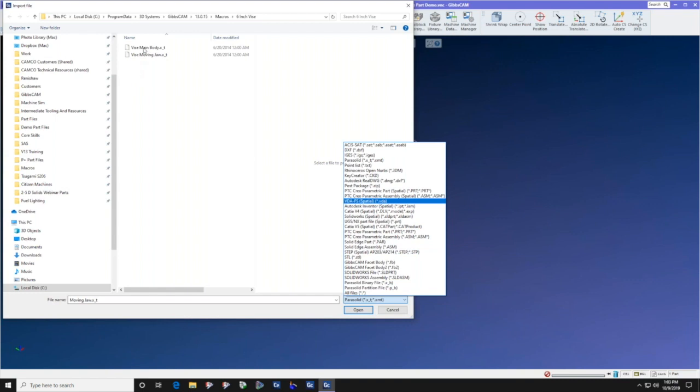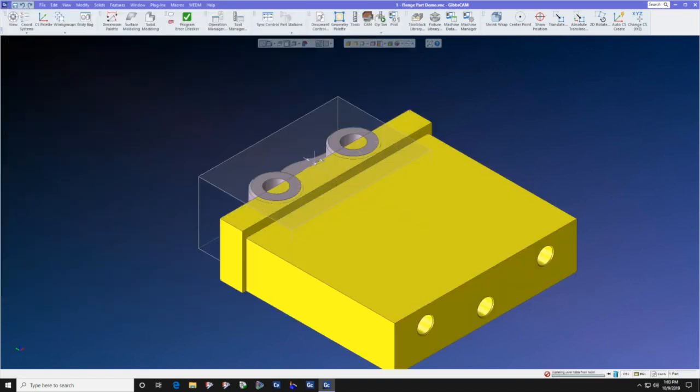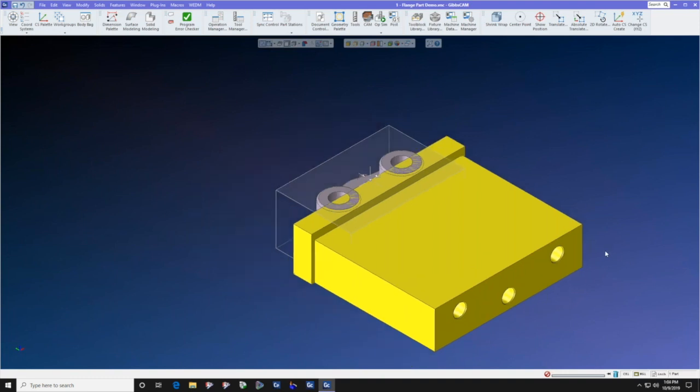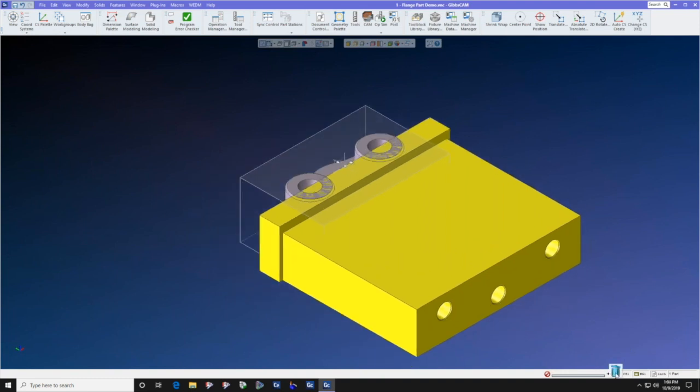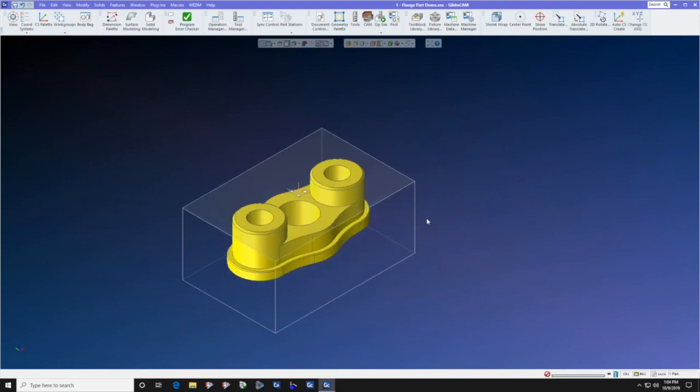As you can see, I'm just going to grab this moving jaw and import it into GibbsCAM. Once we get it into GibbsCAM, we can move it into place, machine on it, and do whatever we want to. So importing a solid is not that mysterious of an action. I'm going to put that one in the body bag, and we're going to talk about this particular model, and we're going to talk about